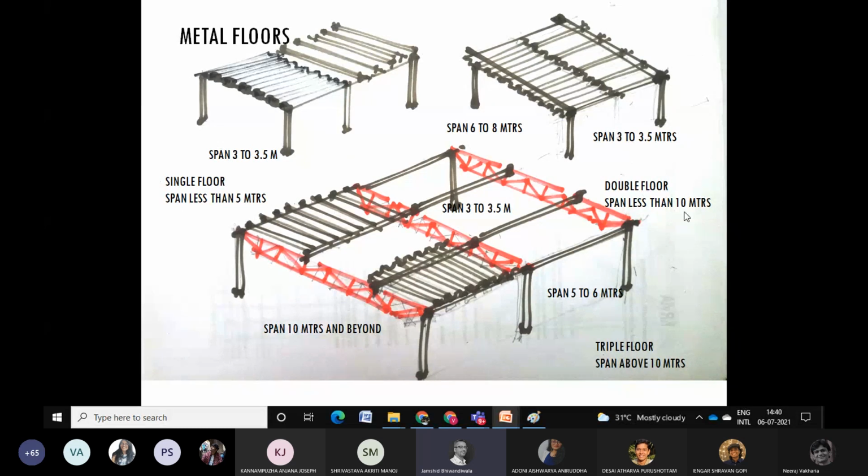1, 2, 3, 4. I have put sub beams, and in between sub beams, I'm now putting smaller joists. What you see is that a sub beam is much heavier than a small joist, a spanning joist. So the spanning joist is the smallest in its depth. By having small members, I'm using minimal material, thereby making my structure very economic.